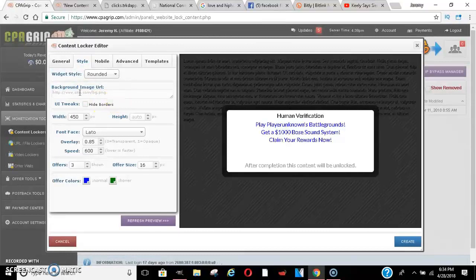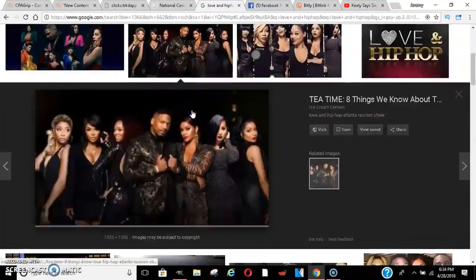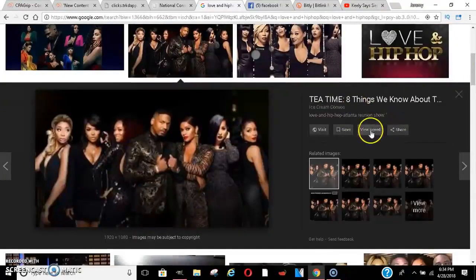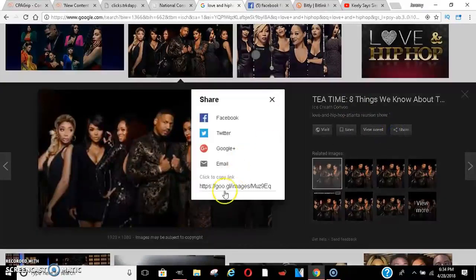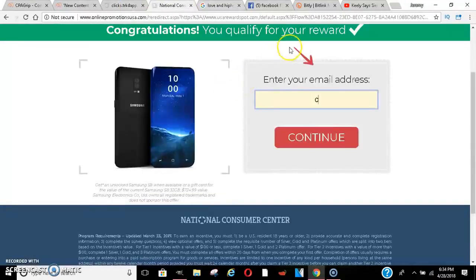Now, when it gets to here, this is how you can add your background URL. You would just simply go here to whatever picture that you find, you would share, and then you would just copy, I believe, just copy this URL. I believe that's what it is. All right, and then from there, where did I go? I lost it.